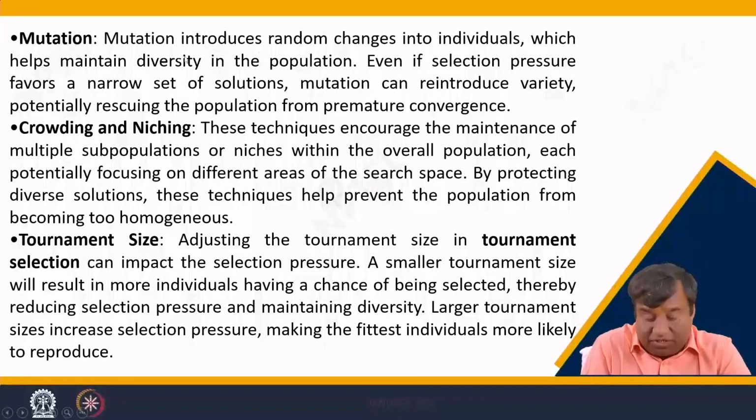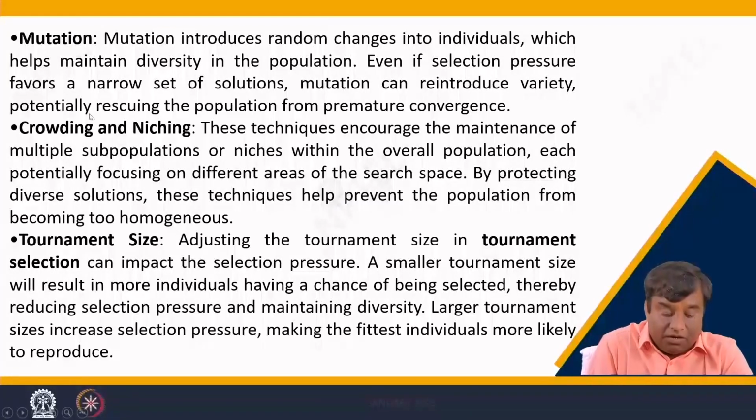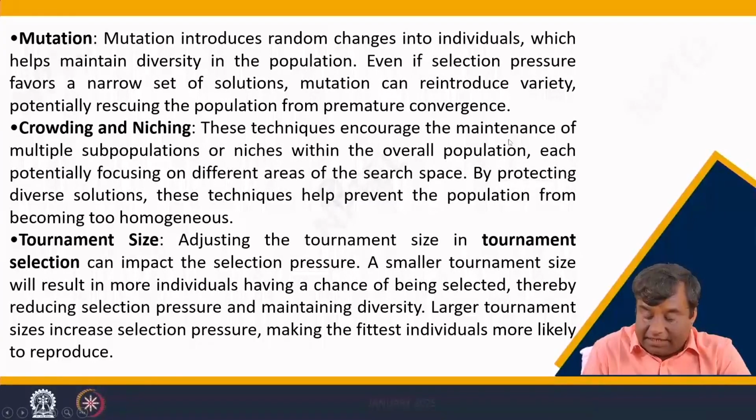Mutation. Mutation introduces random changes into individuals, which helps maintain diversity in the population. Even if selection pressure favors a narrow set of solutions, mutation can reintroduce variety, potentially rescuing the population from premature convergence. Crowding and niching. This technique encourages the maintenance of multiple subpopulations